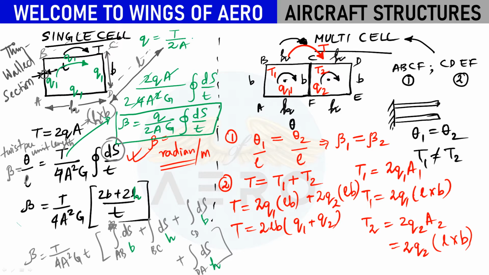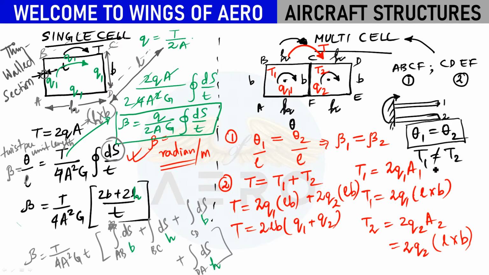So already have said, when two shafts are in parallel, what will happen if there is a common torque acting on the supporting structure? The angle of twist for both shaft 1 and shaft 2 is going to be the same. This is another important concept: the angle of twist for any parallel shaft or component is going to be the same. The angle of twist for 1 and 2 is going to be the same.